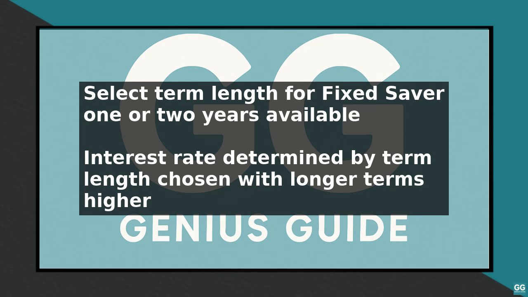Here you can confirm the amount, term length, and interest rate, as well as the estimated interest and total amount. If everything is correct, click the Confirm button to schedule your fixed saver. The amount you chose will be transferred from your Zopa holding account to your new fixed saver, and you will